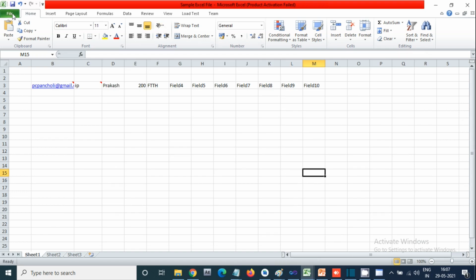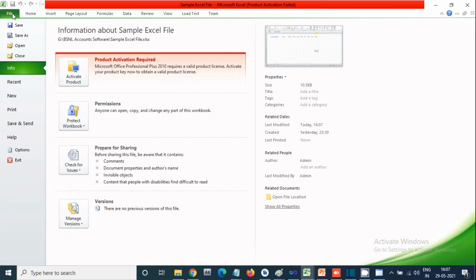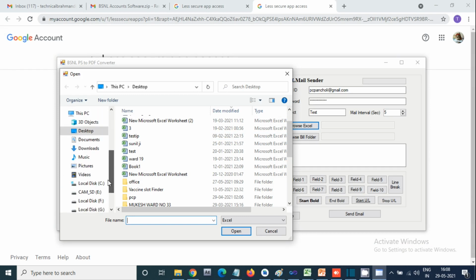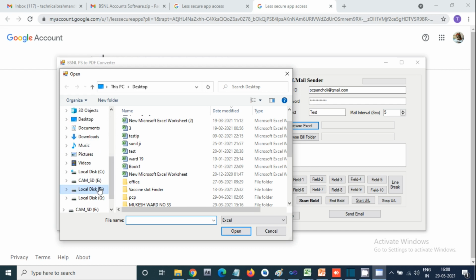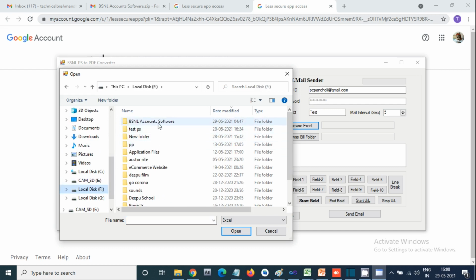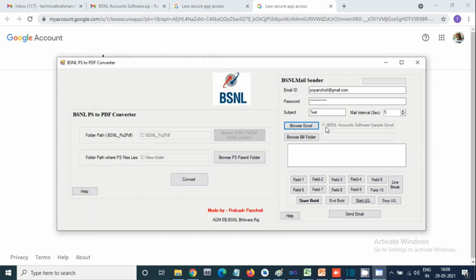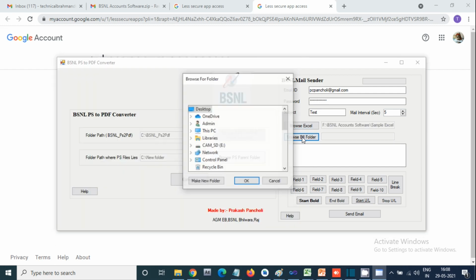It is sample excel. It is situated at F drive, basic account, sample file, this one. So I have uploaded it here.